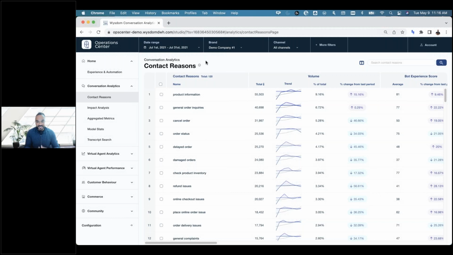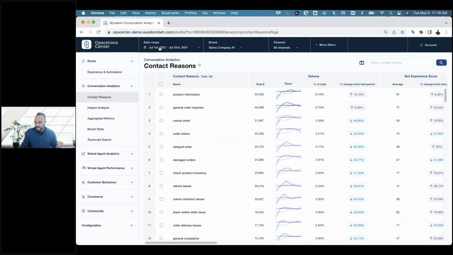We'll stitch it together if you don't have the data combined. So we might pull in from your LivePerson and then your Dialogflow, let's say if that's the setup you have. Bring all that information together and then determine these contact reasons and then all of the metrics associated with those contact reasons. So I'll walk through one example and then I'll hop over to one of the scenarios I have with finding new intents.